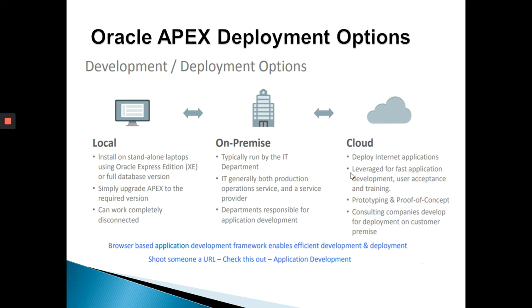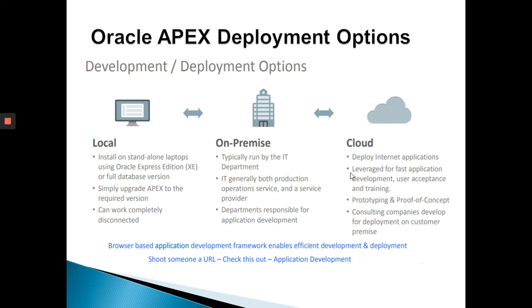So your browser needs to connect to your database, and you can run your application, you can deploy your application. On premises means, suppose in your company, all the systems are connected through LAN with the data center. Now, in your data center, you have installed your Oracle DB. And once you install Oracle DB, Oracle Apex comes in the same bundle. So you build your application there. All the systems that are connected through the LAN can access your application. So this is called on-premises deployment, basically.